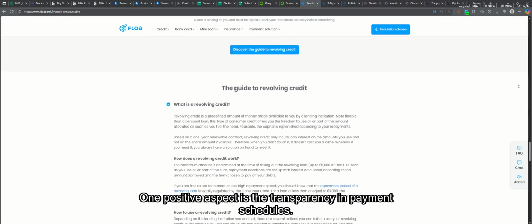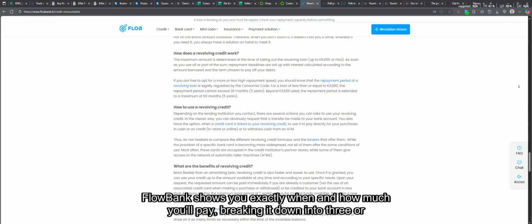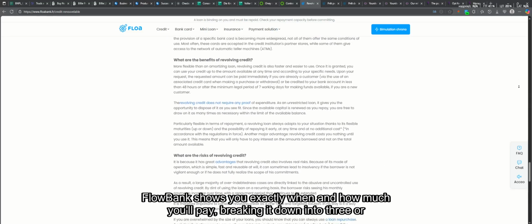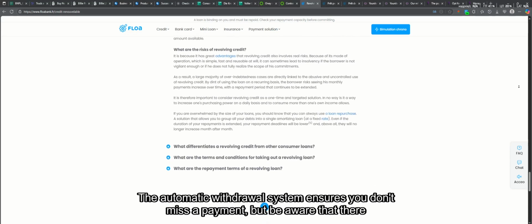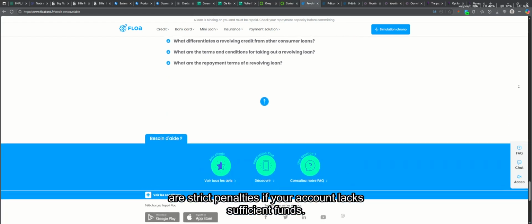One positive aspect is the transparency in payment schedules. Floa Bank shows you exactly when and how much you'll pay, breaking it down into 3 or 4 installments. The automatic withdrawal system ensures you don't miss a payment, but be aware that there are strict penalties if your